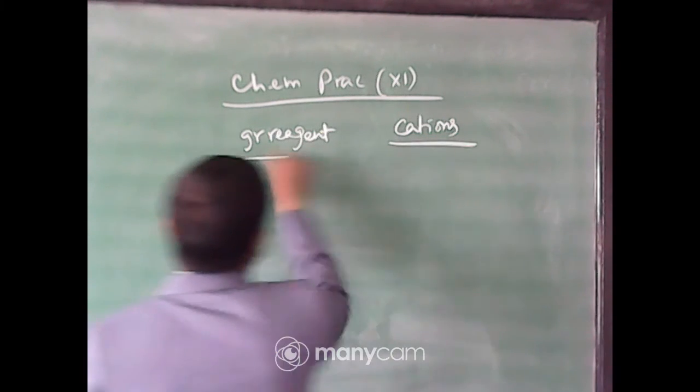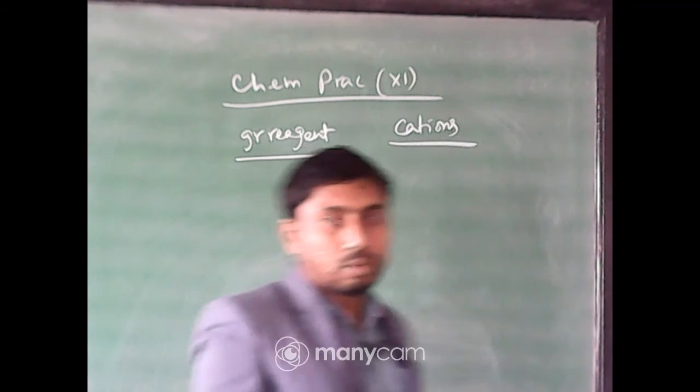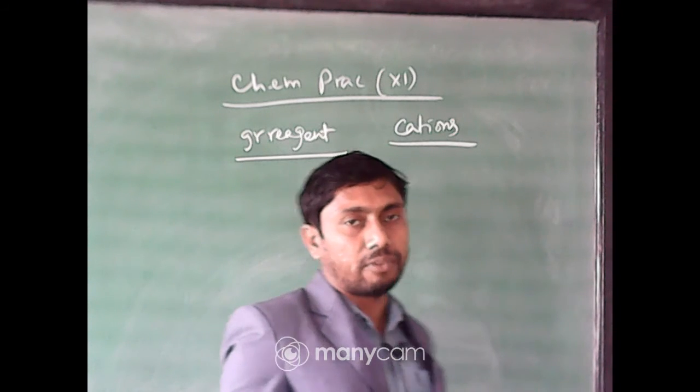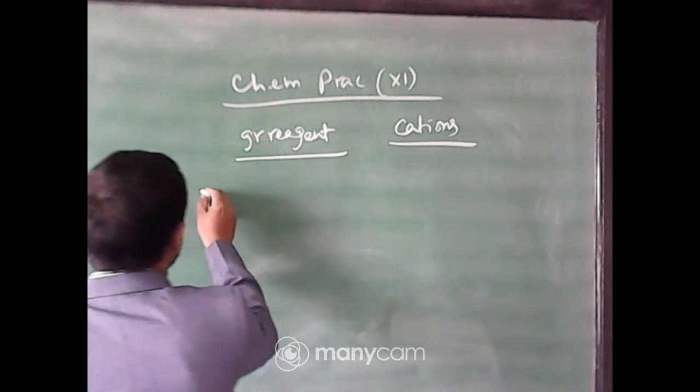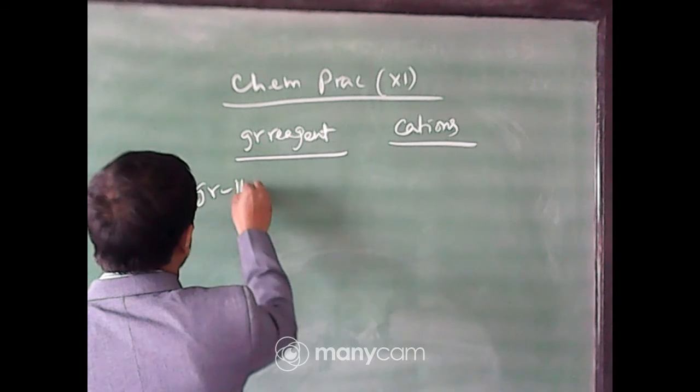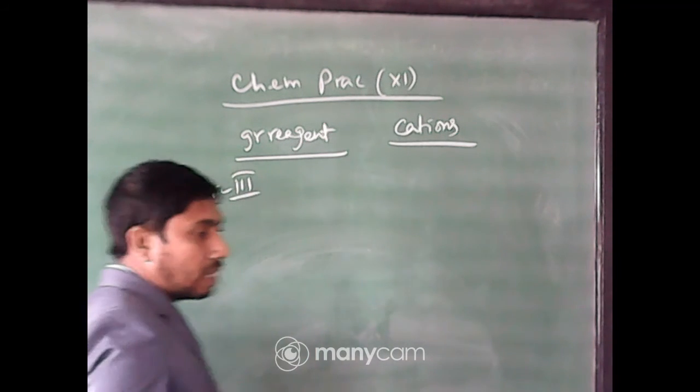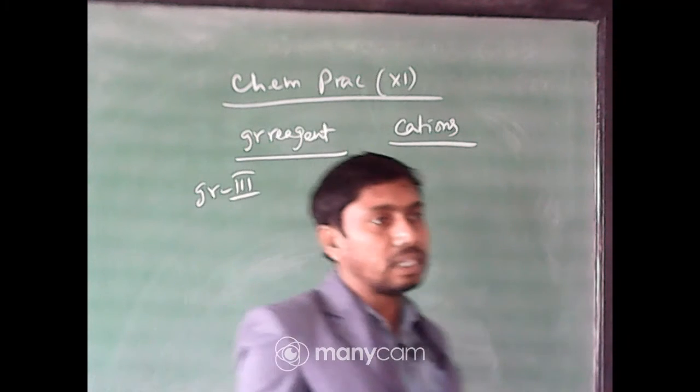Now, today I will show you the test for aluminium sulphate. In which group is aluminium present? Aluminium is present in group 3. So, what is the group reagent for this? The group reagent for this is